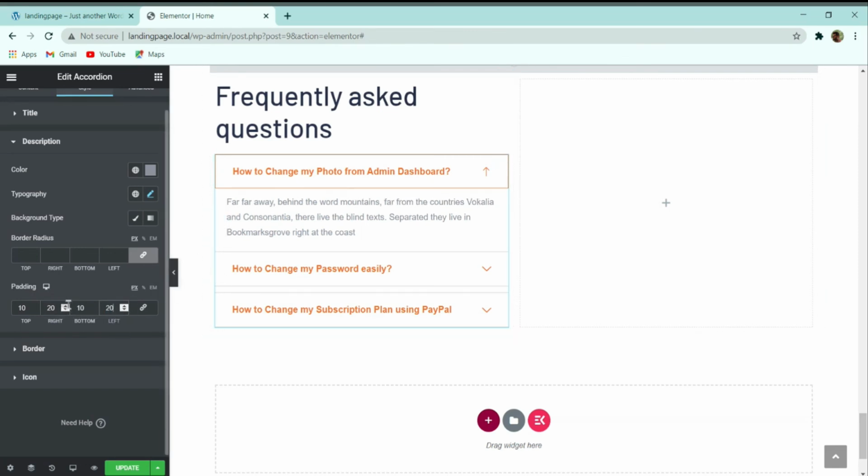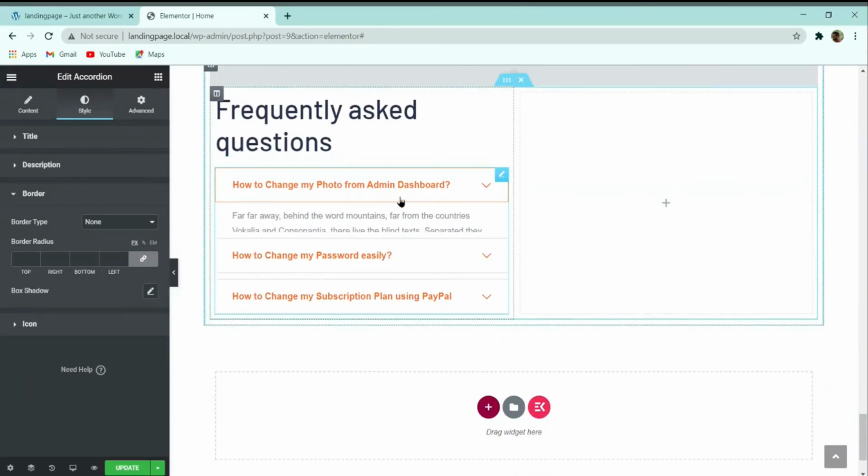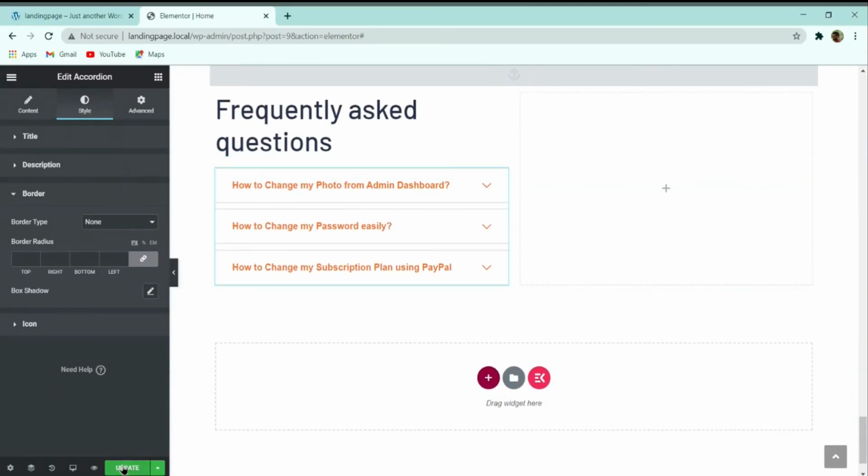Or if I want, I can increase it to 25, 25, or I can make it 30, 30, right left. So with this you can see that this frequently asked question column part is completely ready.